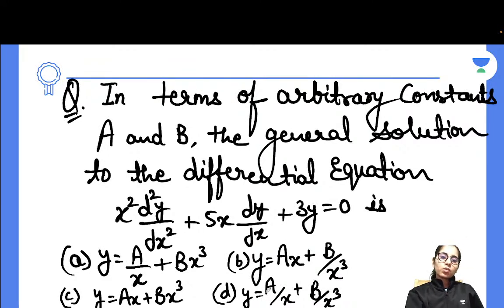In terms of arbitrary constants a and b, the general solution of the given differential equation is